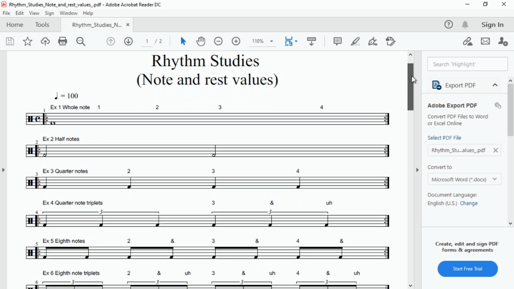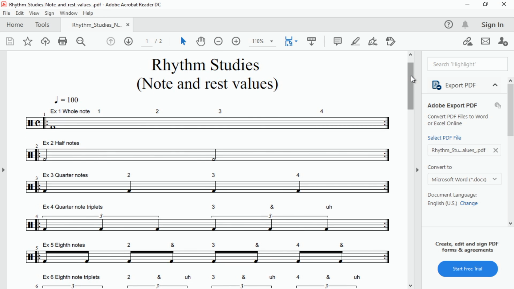Now, I don't care if you memorize this, not that it's that difficult, but that's not really the point. It's simply for reference, and it shows you the different note values, the different rest values, and in a way, how they overlap. So if you want to print it out or just keep it on your computer, iPad, or phone, and glance at it for reference from time to time if you're not sure exactly what I'm talking about. And the more you look at it,